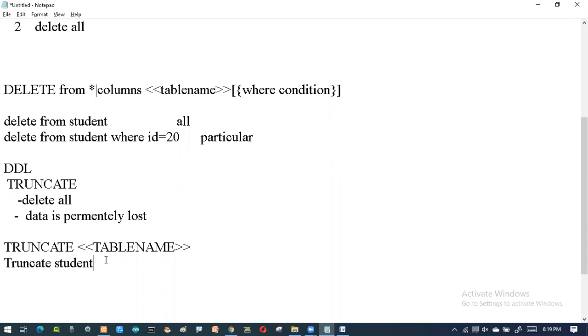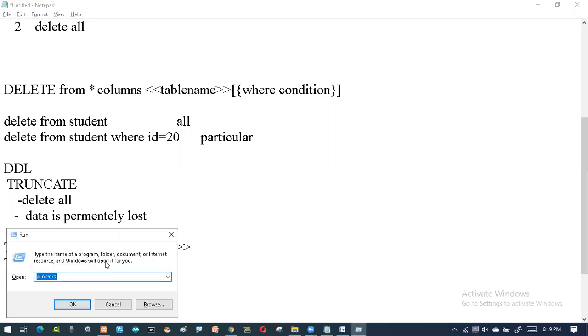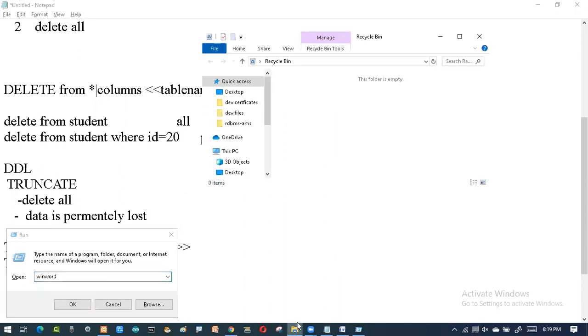The scenario is, if you want to erase everything in one shot and you think that it is nowhere required. We use our system for cleaning purposes, or we have a lot of data in our system and you say that data is no more required, so you delete it. See here on my screen, there is a Devendra certificate file, RDBMS.